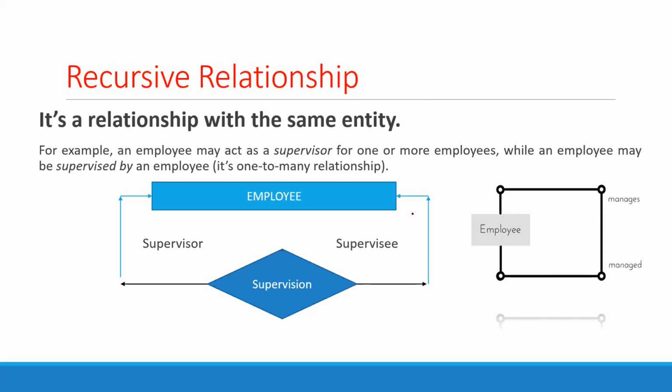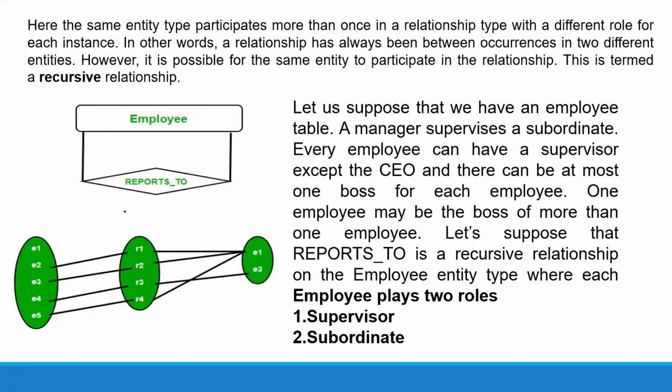Okay, so here I will show you with an example. Here you can see this is the entity relationship set and this is also an entity set. This is called the relation set. Here the entities are E1, E2, E3, E4, E5. E2 is an employee with a relationship with E1, E3 has a relationship with E1, E4 has a relationship with E3, and again E5 has a relationship with E1.